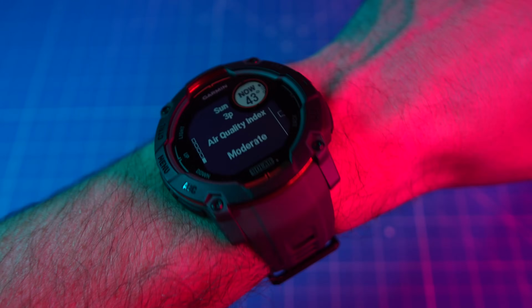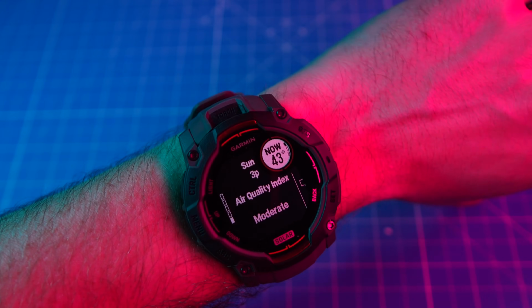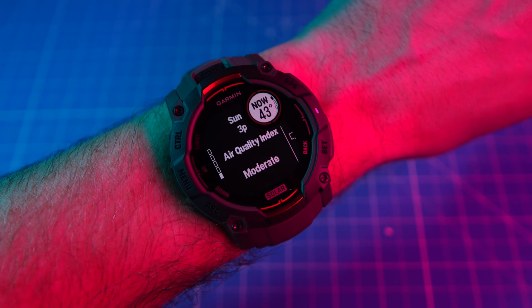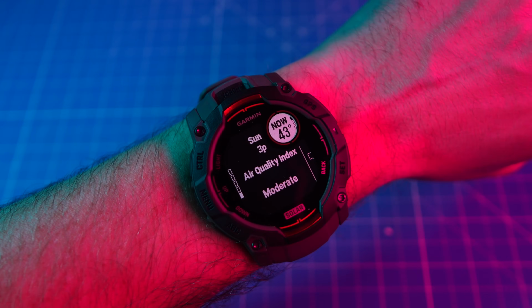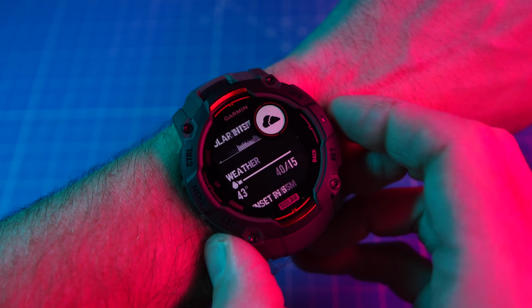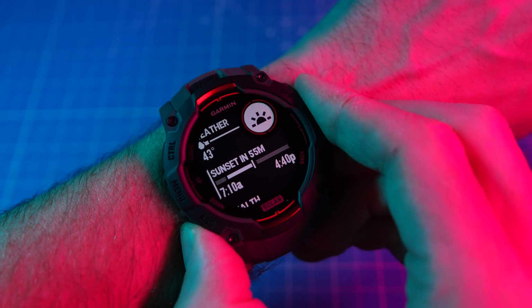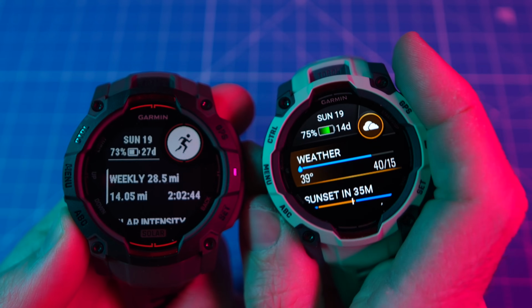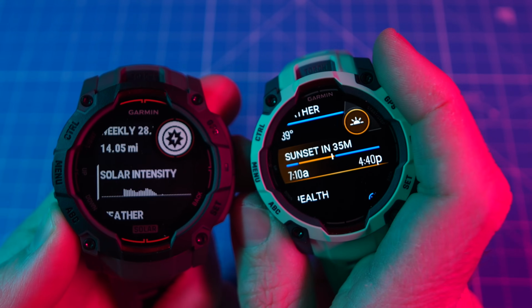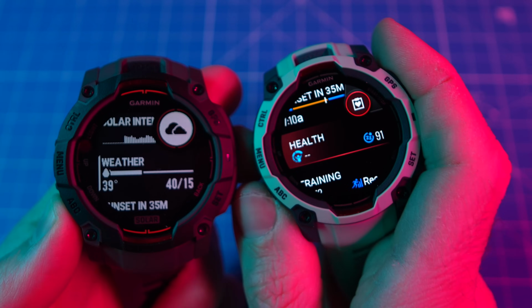However, the Instinct 3 is pretty unique because it's one of the newly released sport watches on the market right now that's still sporting an MIP, or memory in pixel, display, where most of the other models from just about every brand out there have ditched MIP in favor of AMOLED. This year though, Garmin is giving you the option with the Instinct 3, offering two different versions. One with a big, bright, vibrant AMOLED display, and one with a monochrome MIP solar powered display, both having pros